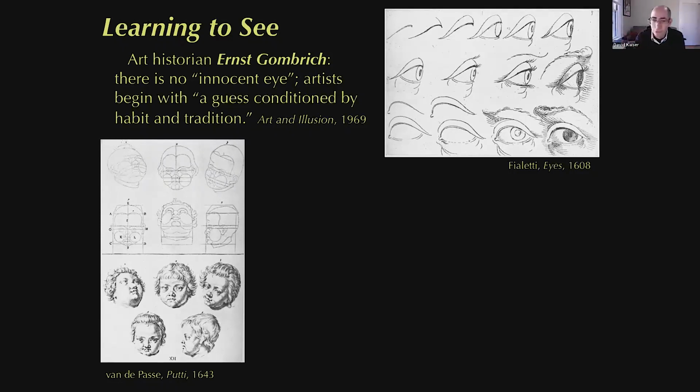He kind of flips the story. You don't just look out your window and say, oh, I'll paint a landscape. You learn techniques, and then you come to see the world through the lens of those techniques. Not unlike what, say, the historian of science Thomas Kuhn had argued around the same time. So these are examples of the kinds of things that Gombrich talks about. These were from training manuals in the early modern period to learn how to draw, say, a human face. You break it down and you literally practice drawing an eyeball over and over and over again until you see actual people through this kind of schema of how you draw an eyeball.